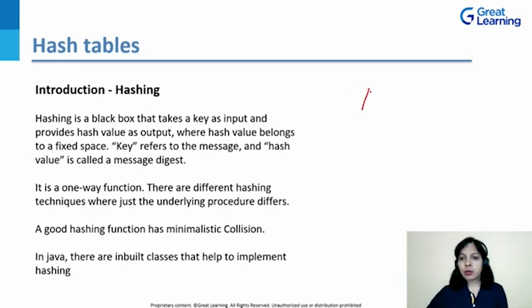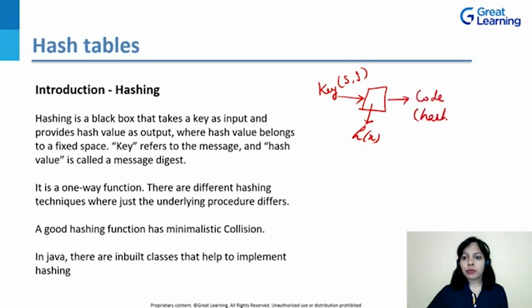Suppose I'm talking about a function, let this be represented as h of x. We pass a key. This key can be a string, an integer, any number or a sequence of characters, anything. The output will be a code, also called your hash code. Now what is this hash code used for? The hash code tells the position where that particular key is going to be stored